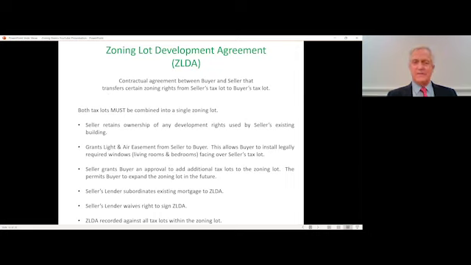And let's just go down. These bullets kind of lay out the basic principles of how a ZELDA works. First, the seller retains the ownership of any development rights used by the seller's existing building. So I talked about that: church, school, the one-story owner maintains full ownership of what they're going to keep after the transfer. In some cases, the seller gives the